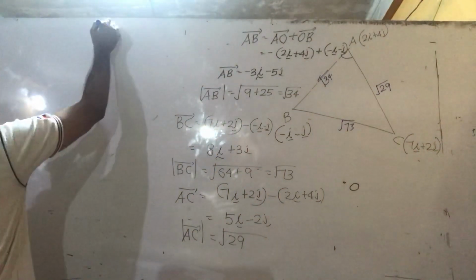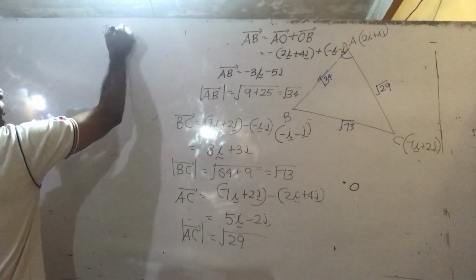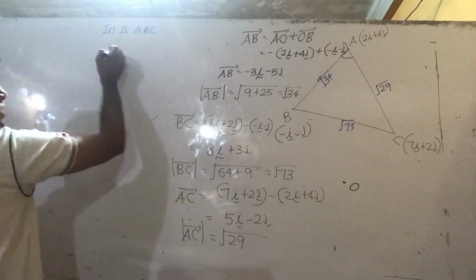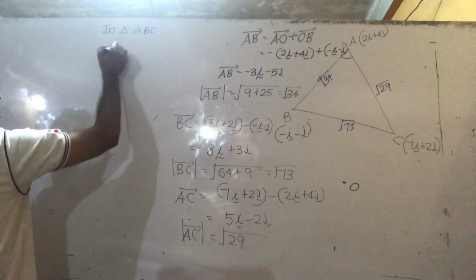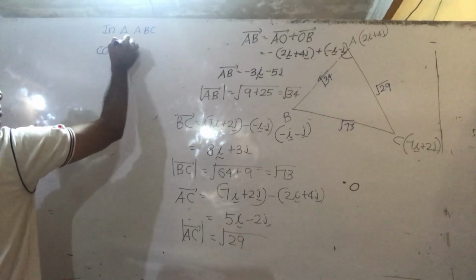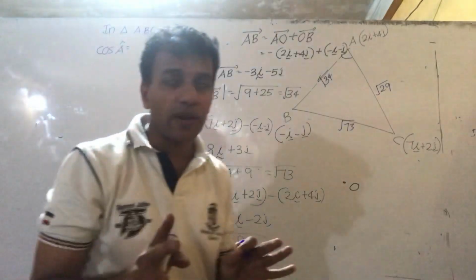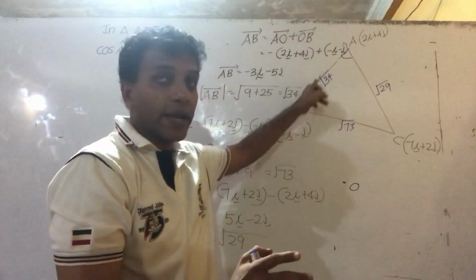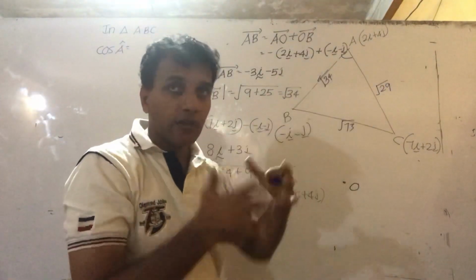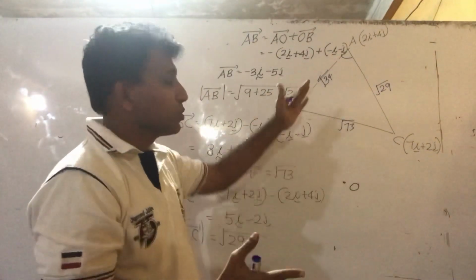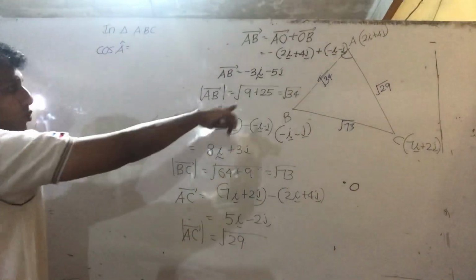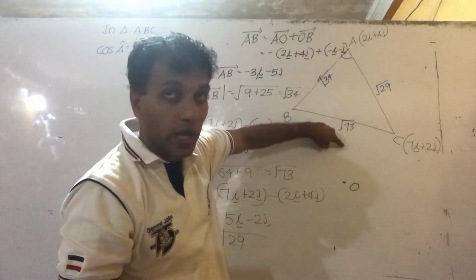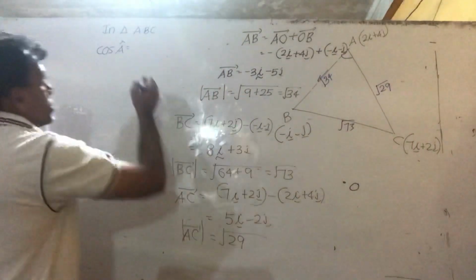So if I say in triangle ABC, what is cos A? Apply the cos rule. So I explained two methods, right? One is the triangle vector format using the dot product, where two lines are known and the angle is to be found. We can use the dot product method. Otherwise, use the cos rule, right? What does the cos rule mean? This square plus this square minus this square, over twice of that, right? So that is